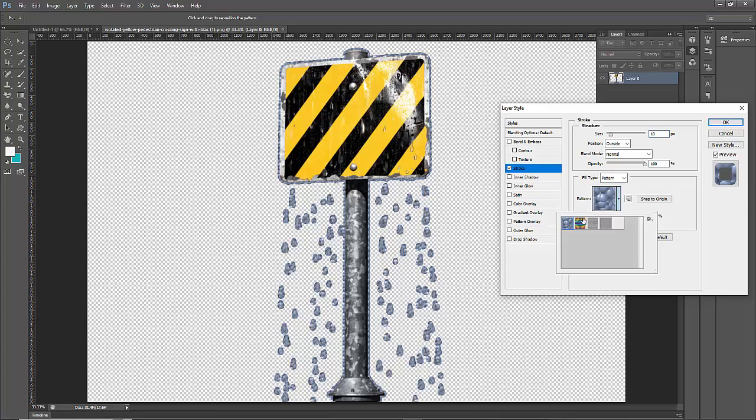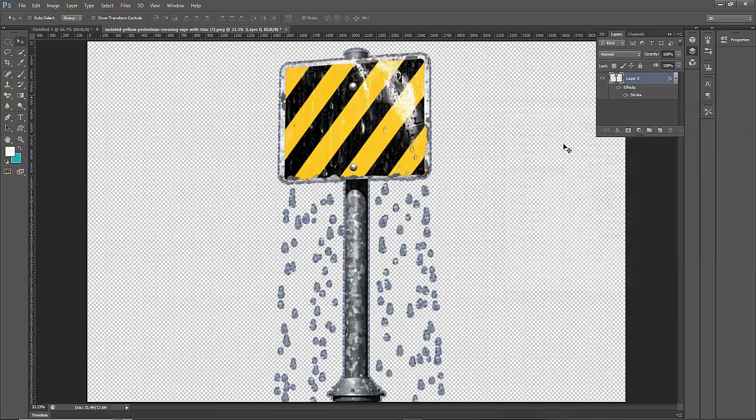Now click on the Pattern option. Now source from pattern. Now select the source pattern. Now click OK. That's it. Now you can see